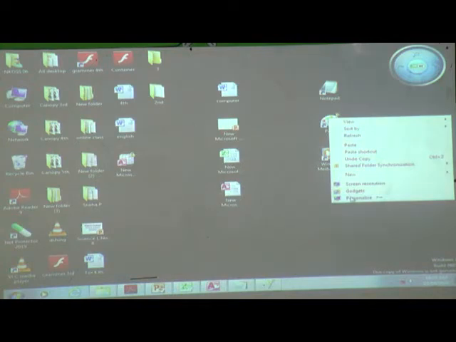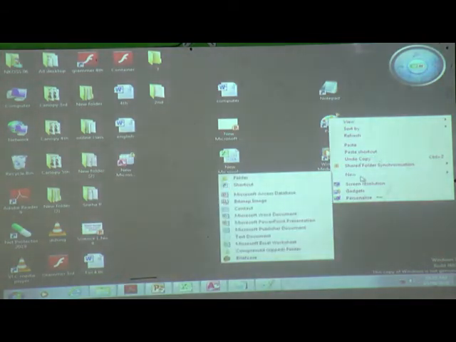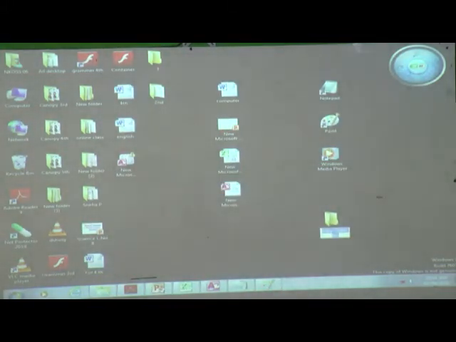Then we have to take New. Then we have to press New. When we go to New, all the remaining menus will appear. When we click the left button, what do you want? Folder. We want only folder. Then take Folder. Okay.